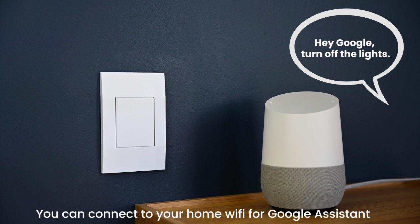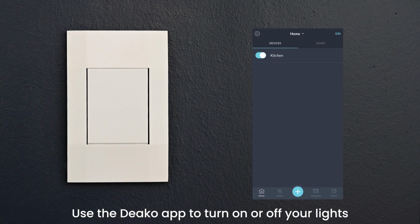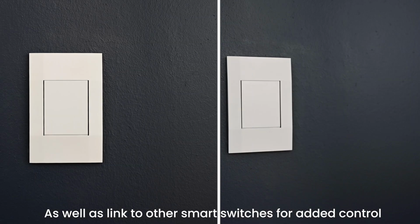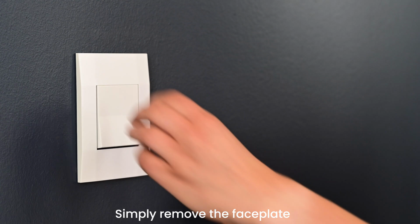You can connect to your home Wi-Fi for Google Assistant and Alexa capabilities, use the Deako app to turn on or off your lights, as well as link to other smart switches for added control to the rest of your home. Simply remove the faceplate,